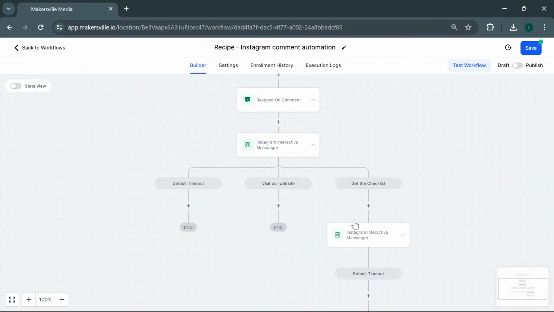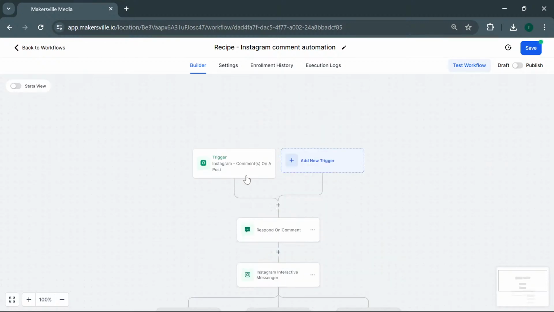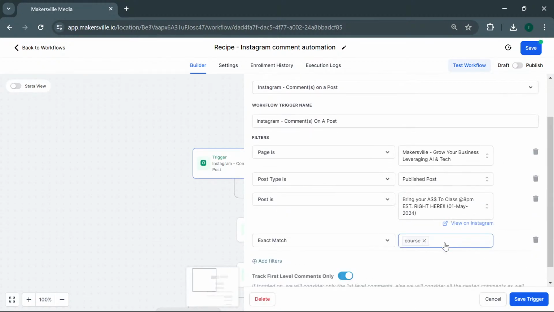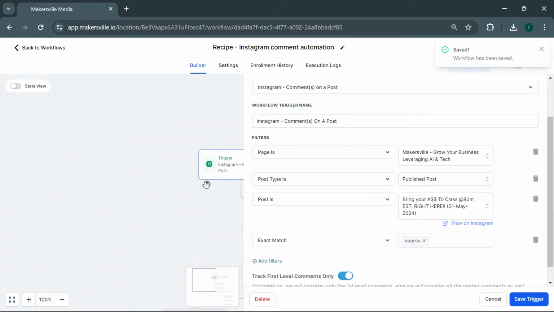Now, the important thing to realize is that all of this happens just from the person typing that comment, which here was "course." Remember, they're still inside the app. They haven't left the social media app that they're on yet. That's important. We don't want them to have to leave the app. We just want them to type the comment in. And guess what?